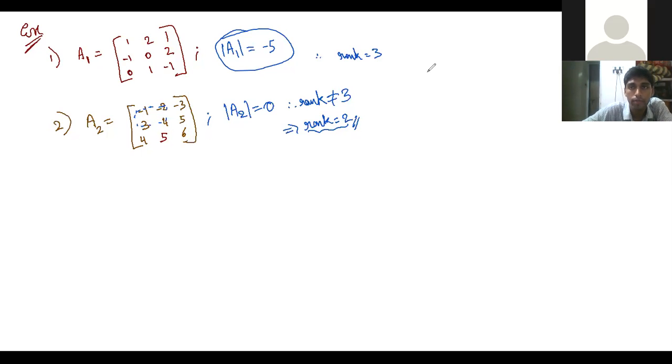Whatever big matrix, you have to start from the biggest order. If you have 10 by 10, then start checking 10 by 10. If you have a 10 by 5 matrix, what will you do? You have to start checking every 5 by 5 matrix and see if they're singular or non-singular. If all of them are singular, then next you have to check every 4 by 4 matrix. If all of them are also singular, go to 3 by 3. Okay.